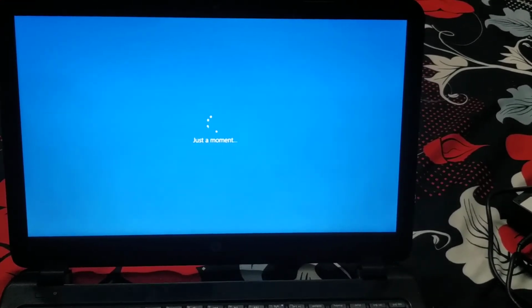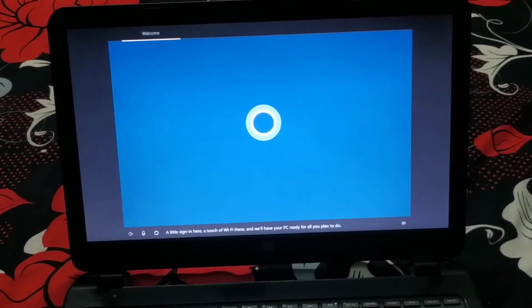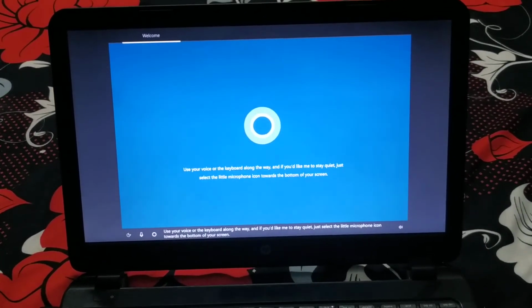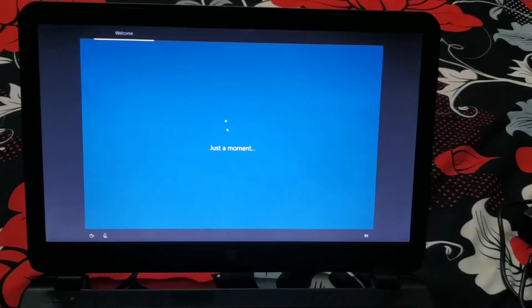It is showing just a moment, so wait. Here you can see that it has started the voice assistant too. So I have to fill in the basic details further.